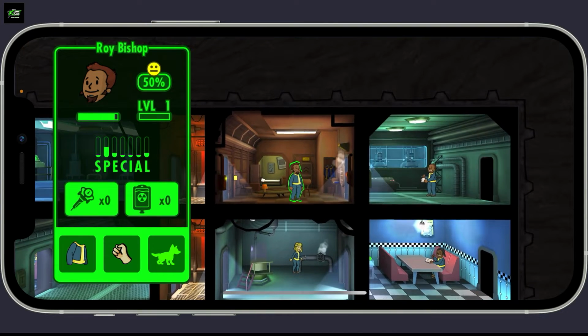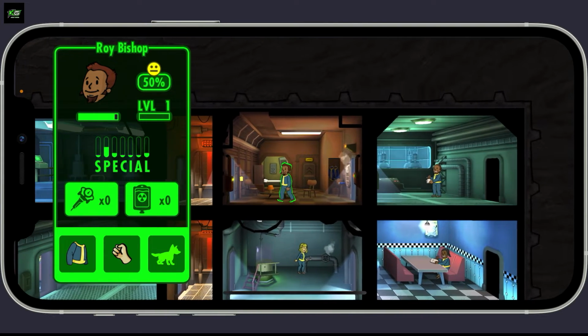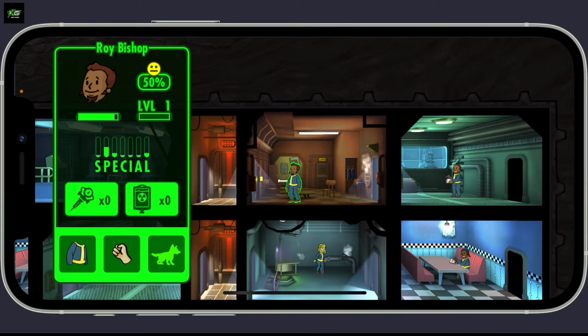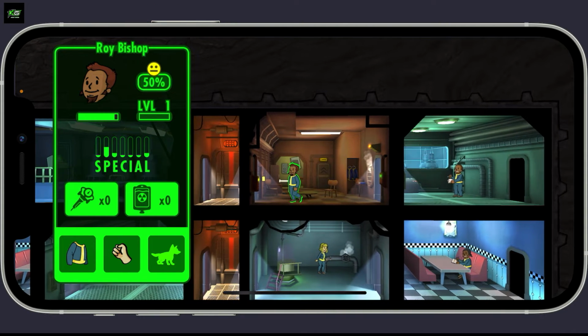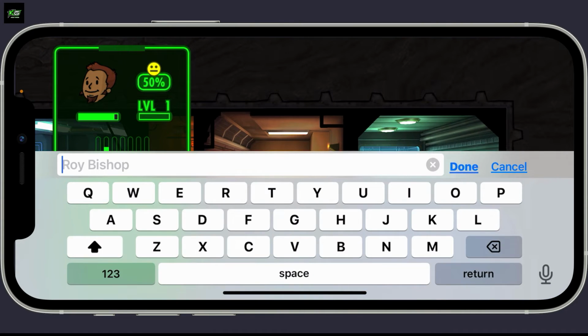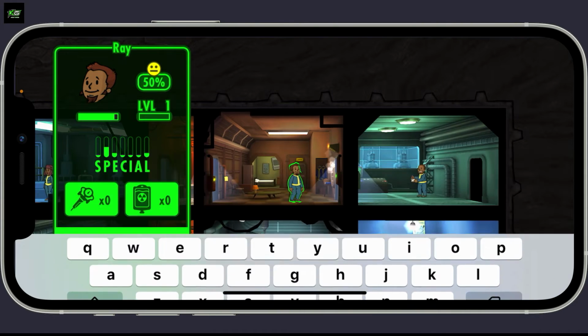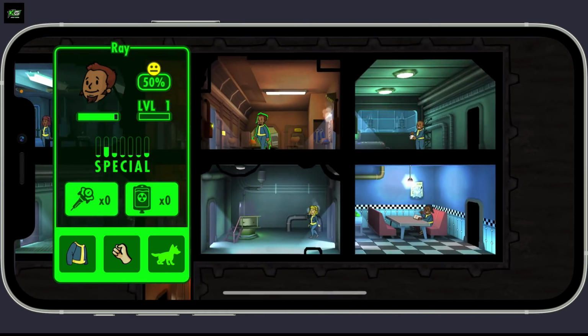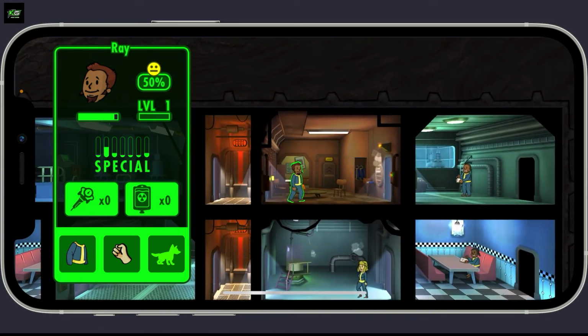Tap on the dweller and their information page will show up on the left hand side. Now, go to the top of the screen and tap on their current name. Enter a new name for the dweller by erasing the current one. After you are done, you can go back and that way you will be able to change your dweller's name